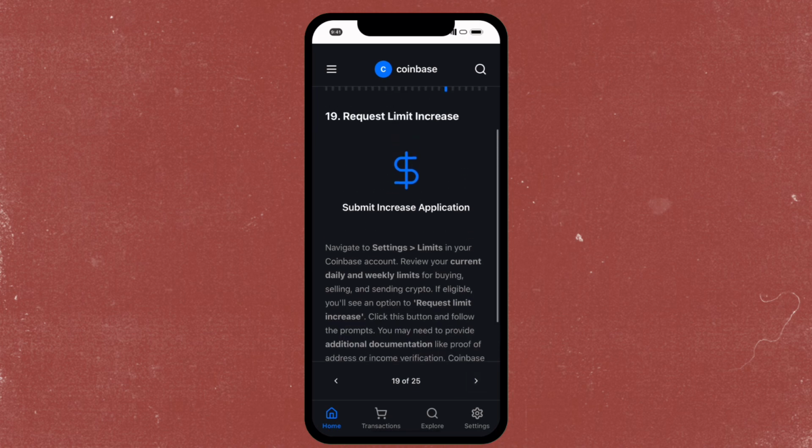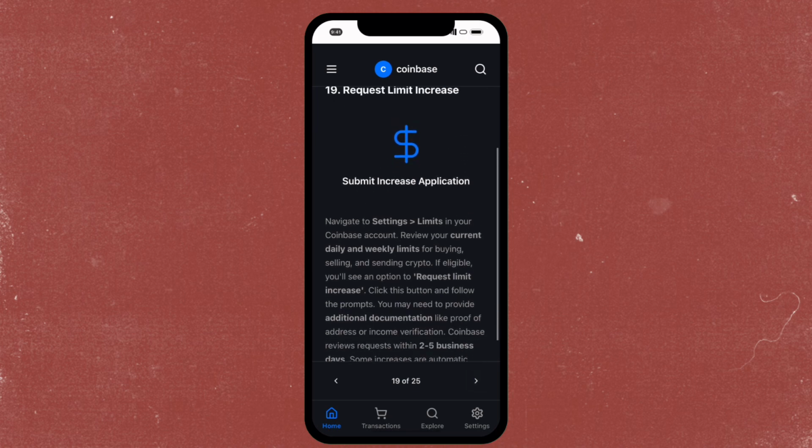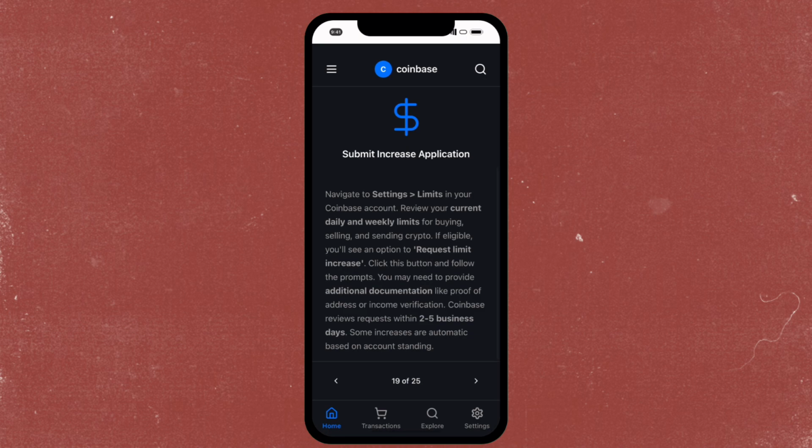So the next step is to request a limit increase. Just navigate to settings, tap on limits in your Coinbase account, and then review your current daily and weekly limits for buying or selling and sending crypto. If eligible, you will see an option to request a limit increase, and then just click this button and follow